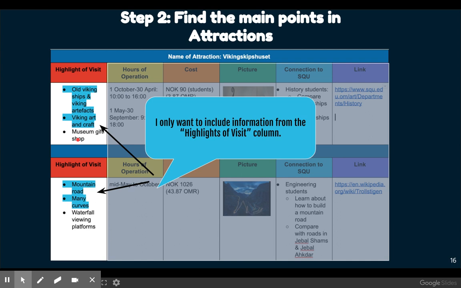It's about the highlights of these different attractions. So I only want to find what the main points are that I want to include in my proposal. When I get to my presentation, I'll go into more detail. But for the proposal, I just want to find the main points.